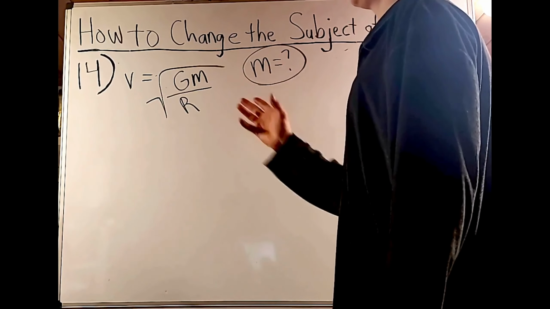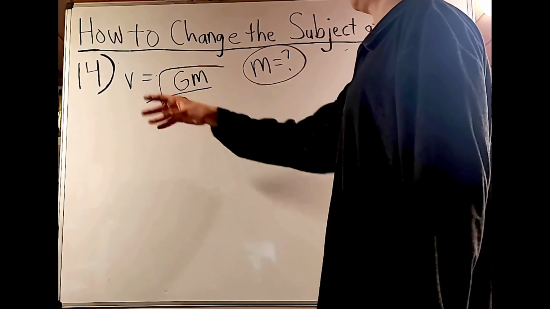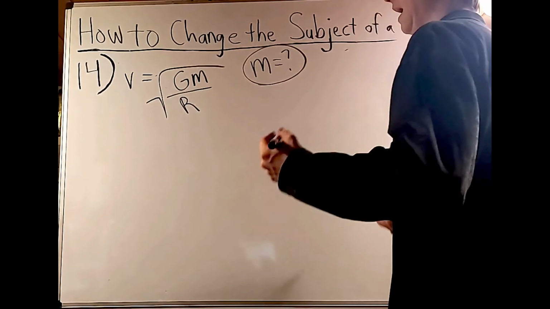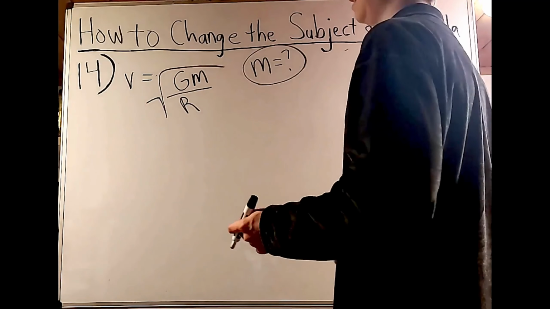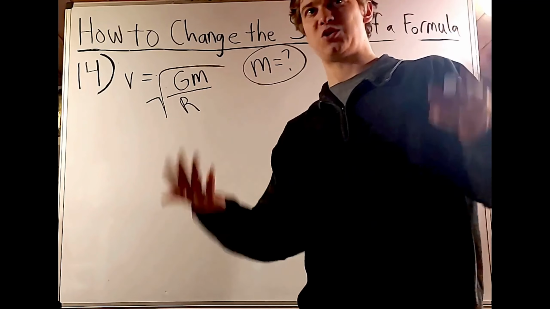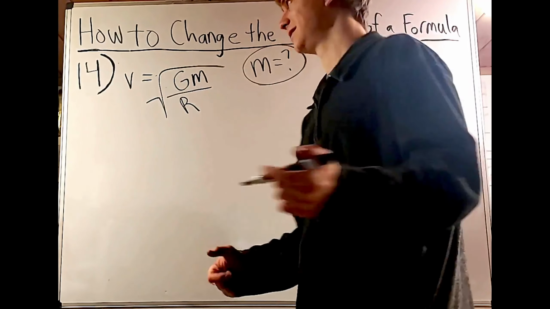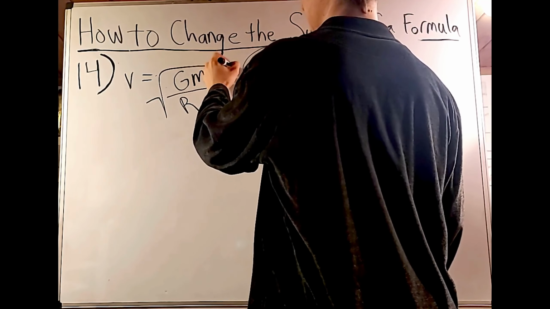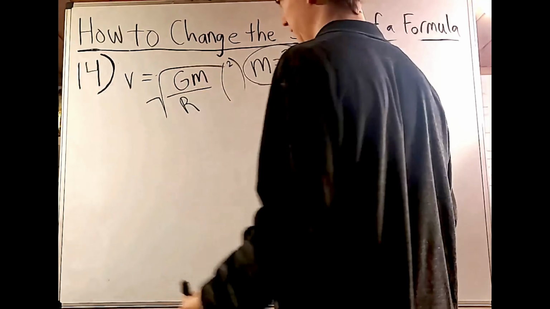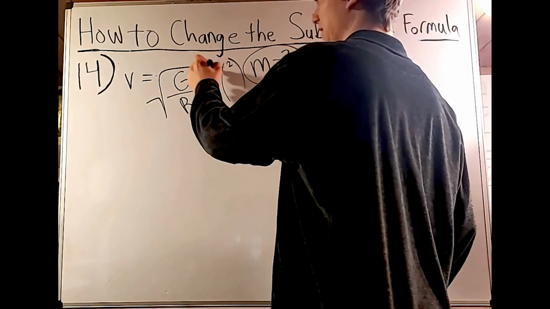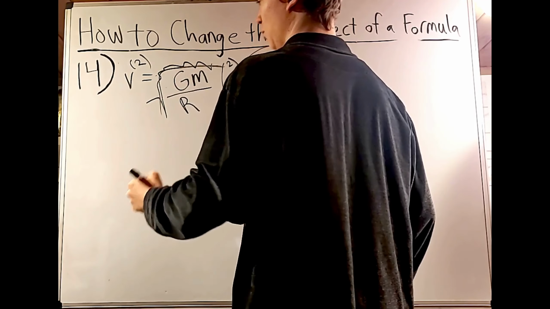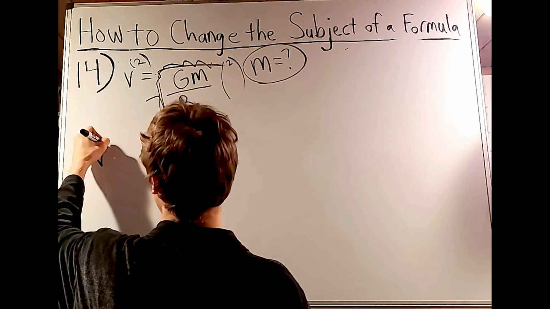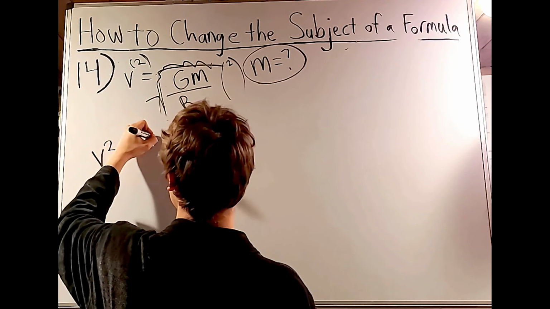And when you look at any formula and you see V equals the square root of blah, blah, blah, whatever it is, you see the square root, you want to get rid of it. How do you get rid of a square root? Think about how we got rid of the square. We did the square root to cancel it. So the opposite of a square root, we're going to square it. So we're going to do the power of 2 on all this. That's going to get rid of the square root on this side, but that's going to add the square on the other side. Now we have V squared equals GM